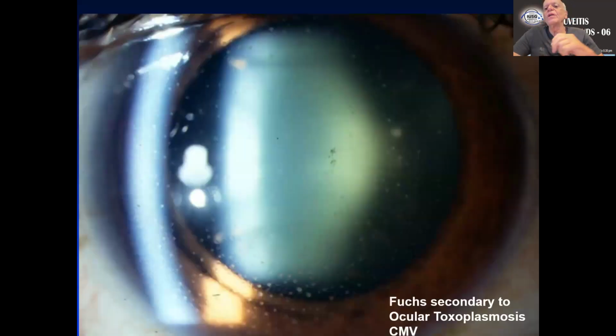It's also been very important to recognize more and more that some patients with infectious disease develop anterior uveitis that in the past was not related to these infections. Fuchs is a good example of it. Ocular toxoplasmosis, rubella, cytomegalovirus, Ebola, and now also some patients with new viral entities present as anterior uveitis.